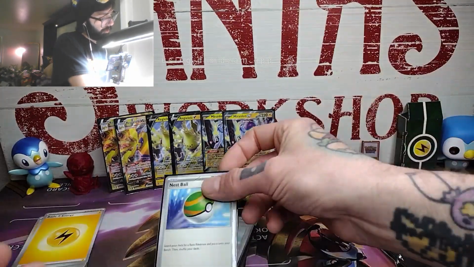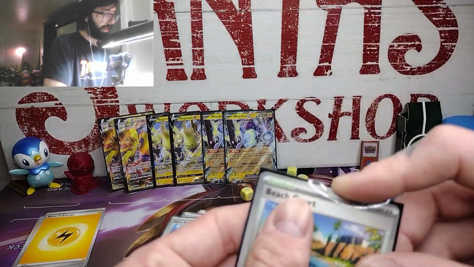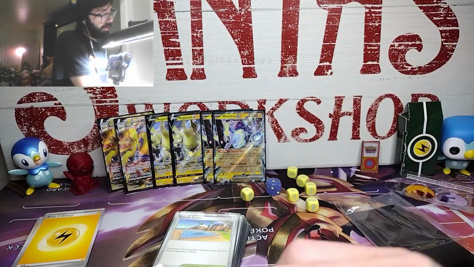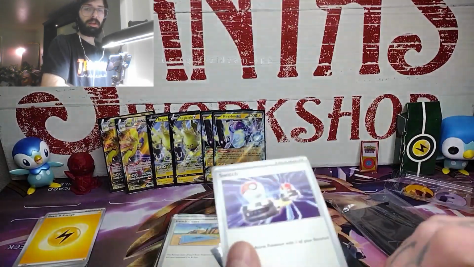Now, they also give you 2 copies of Beach Court, which makes your retreat cost of basic Pokemon in play 1 less, which is very relevant for your Miraidon, who only has 1 retreat cost. Same with your Regieleki EX. So having Beach Court out just allows you to swap your Pokemon around however much you like, as well as